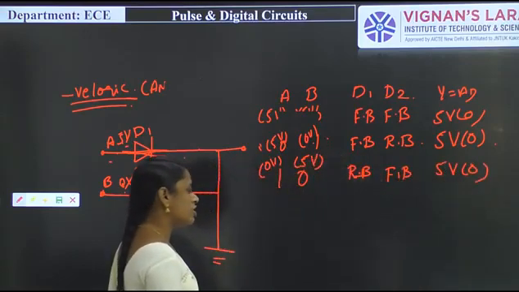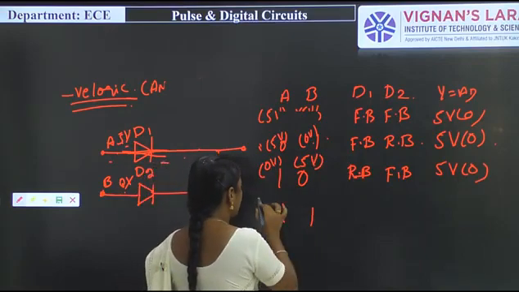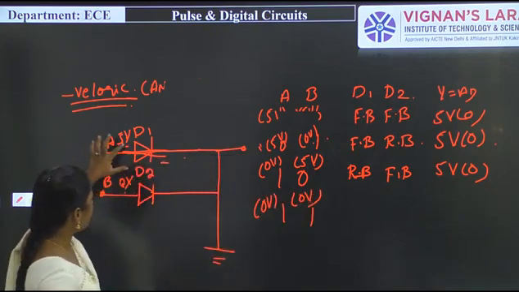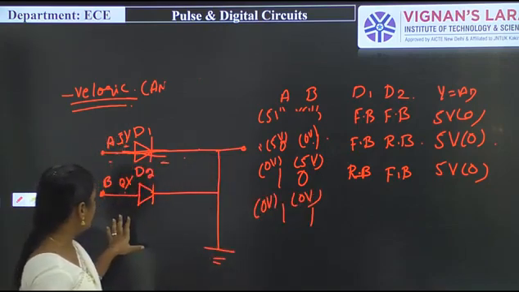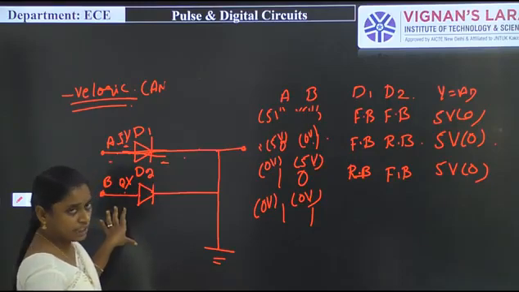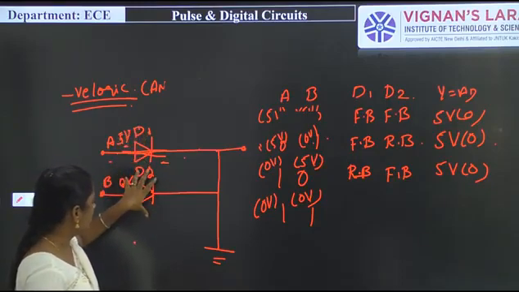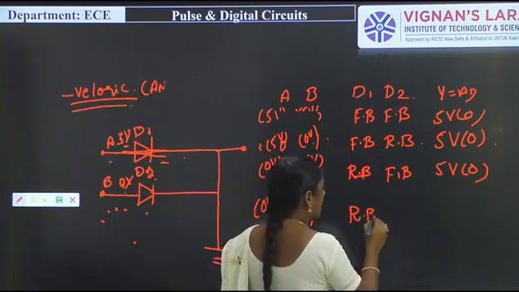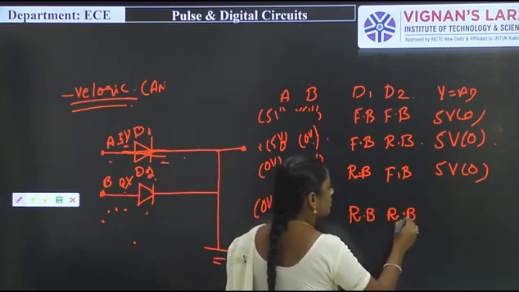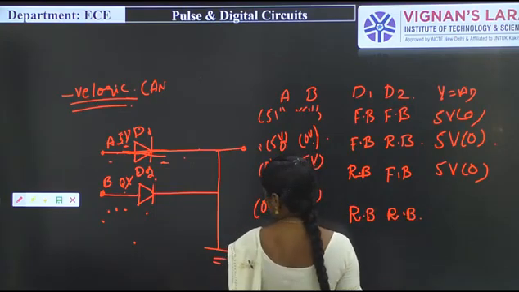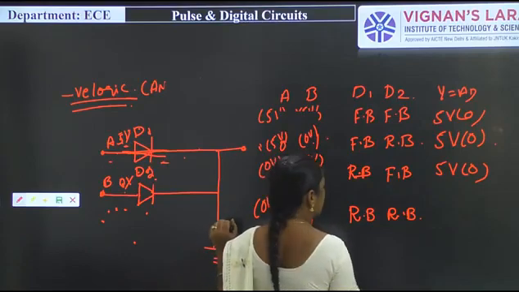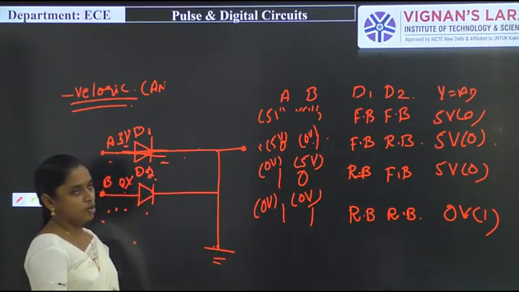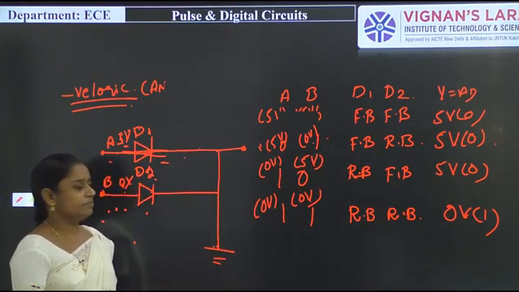In the last condition both the inputs will be 1 and 1. So that is, we apply 0 volts and 0 volts. Here we apply 0 volts at the anode of diode D1 and the anode of diode D2. That is why diode D1 is in reverse bias and D2 is also in reverse bias condition. So the output will be the ground signal, that is this 0 volt signal. So this 0 volts is nothing but logic 1. So this is the negative logic of this particular AND gate.